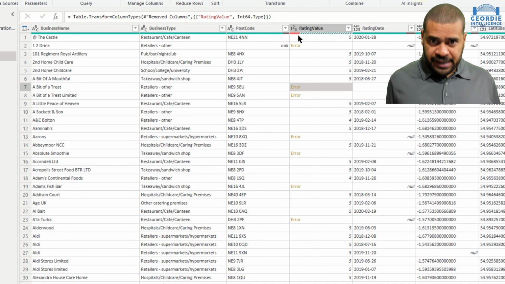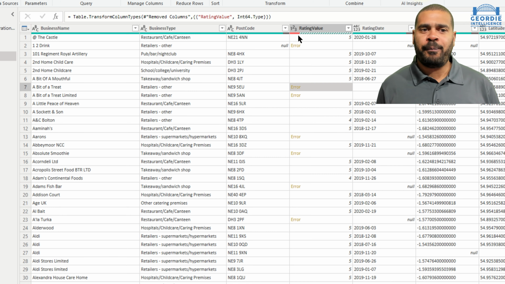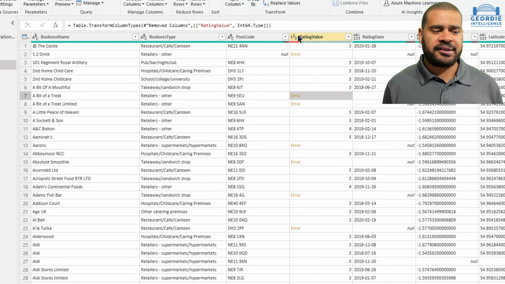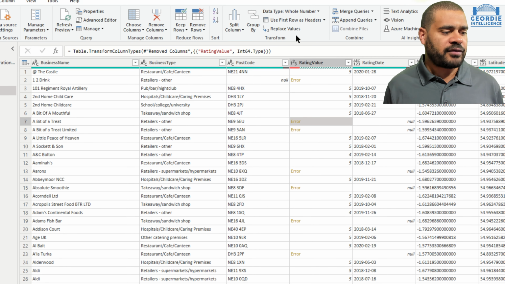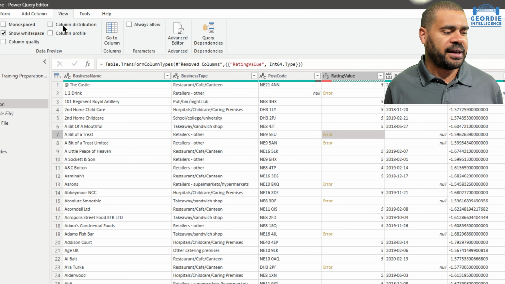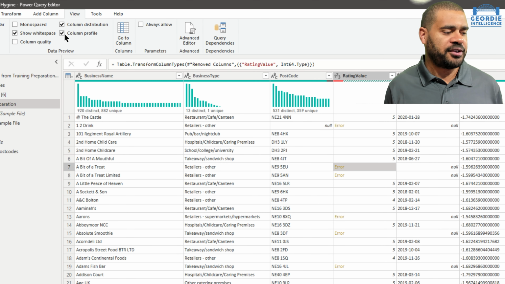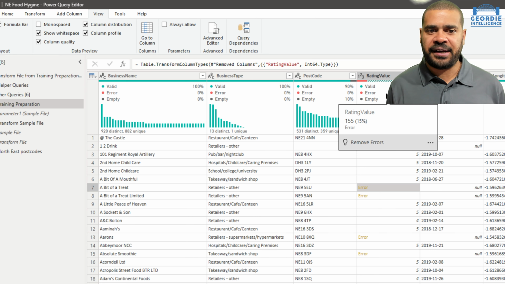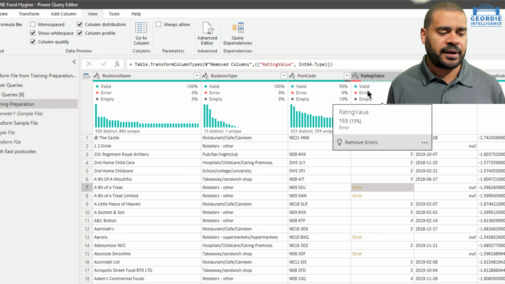So we've got some nice things embedded now in Power BI. So we've got things like your column quality views. So if we bring that in on the view tab, we'll bring in column distribution, column profile, and column property. What we can see in the rating value is that 15% of them are errors, right?